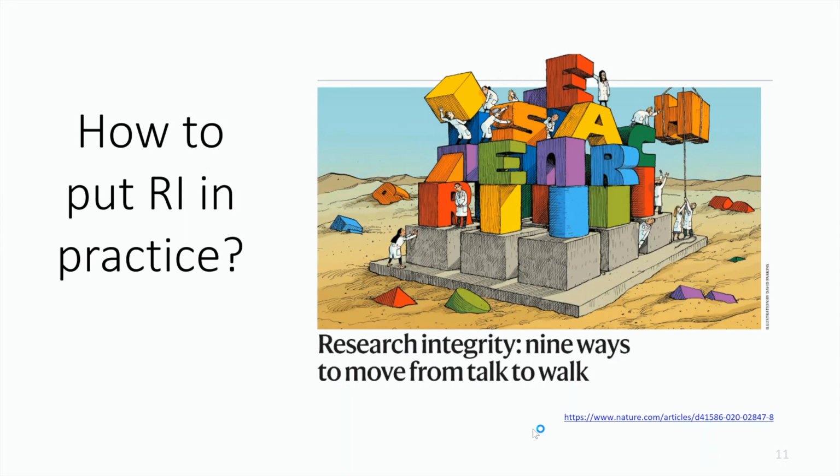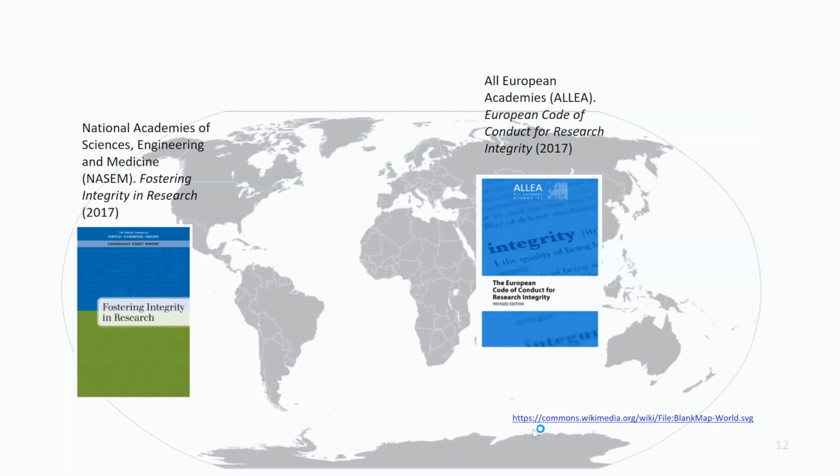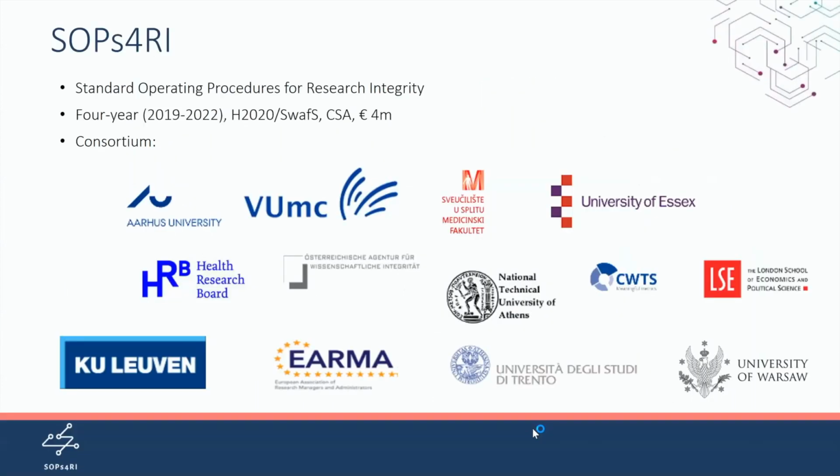And this is a paper, a commentary that we published, about going from talking the talk to walking the walk and putting this into practice. The whole European Union research framework starts from what Göran is going to talk about, the European Code of Conduct for Research Integrity, and we looked at prioritization of what research organizations do. This is the SOPS4RI, that's the name